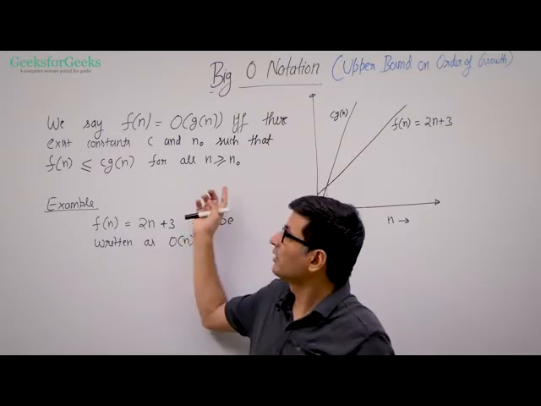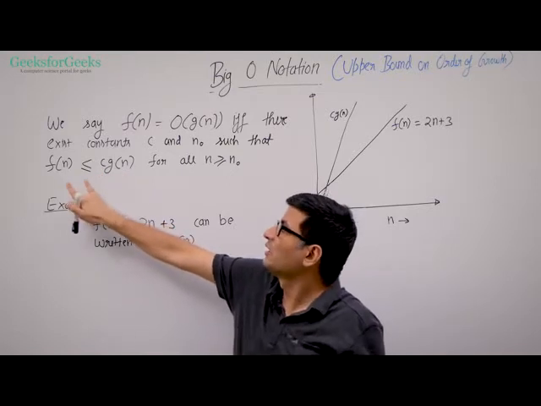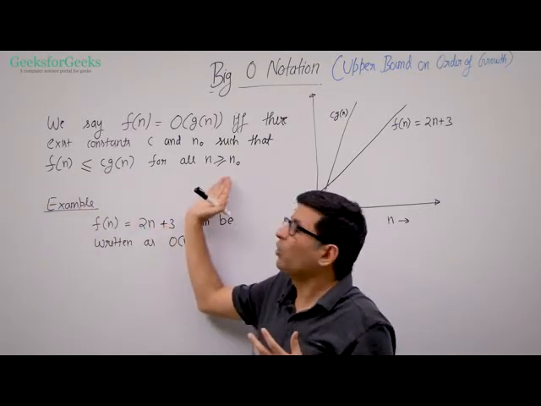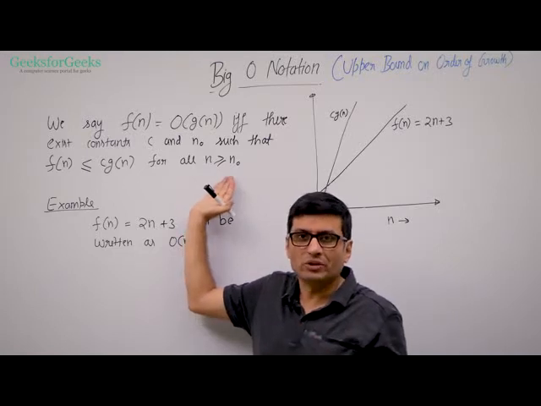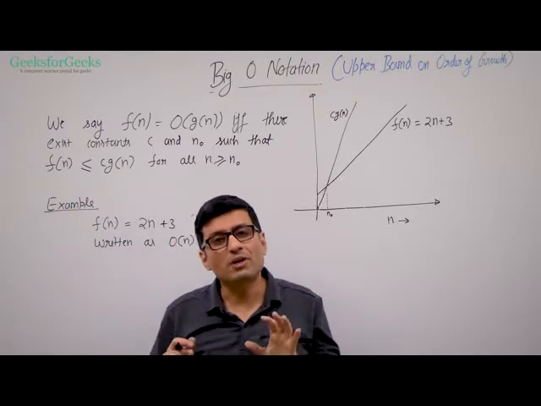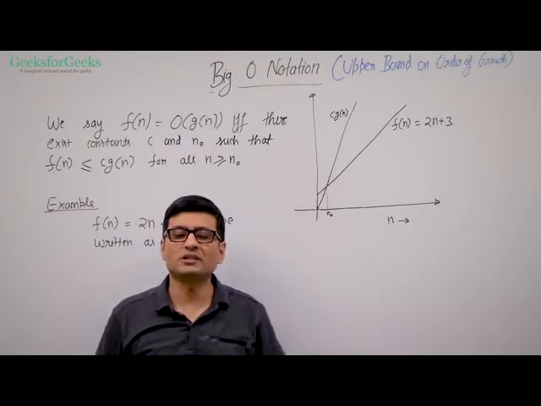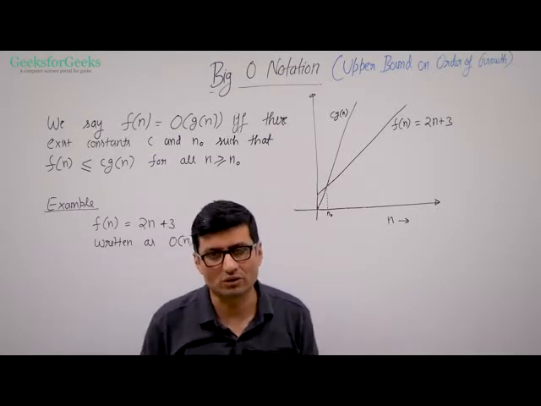and when we talk about large values of n greater than n naught. Right? So we say that C of G(n) is always greater than or equal to F(n) for all n greater than or equal to n naught. Please note that we have the equal to sign. So upper bound does not mean exactly higher order of growth. It means equal or higher order of growth, right?